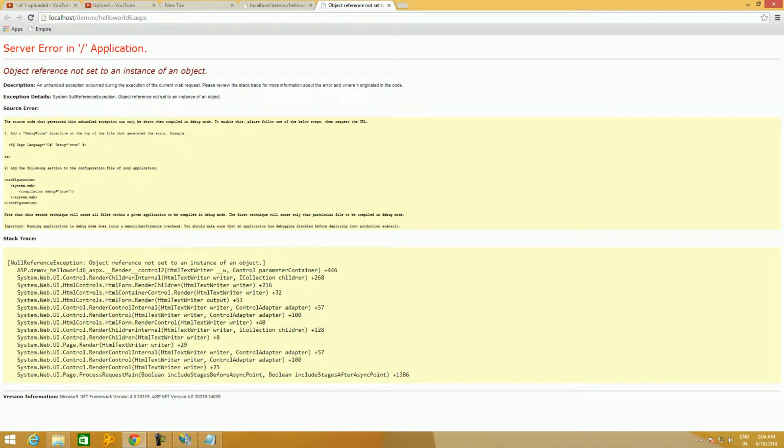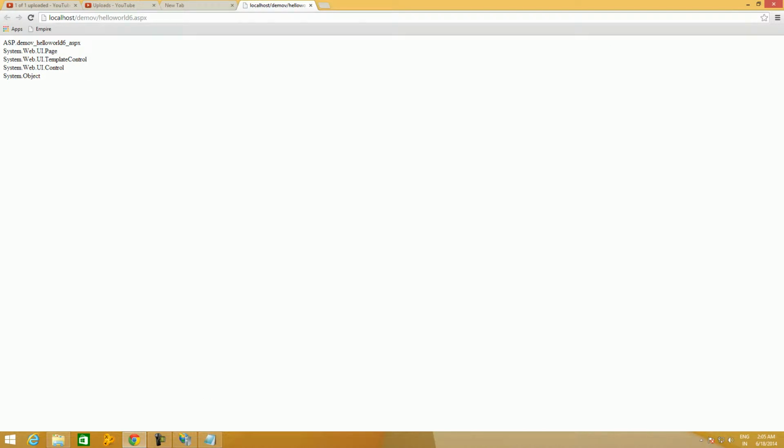See here, there is object reference not set to an instance of an object. Null reference exception. This is because base type object does not have any base class. After object there is no base class.